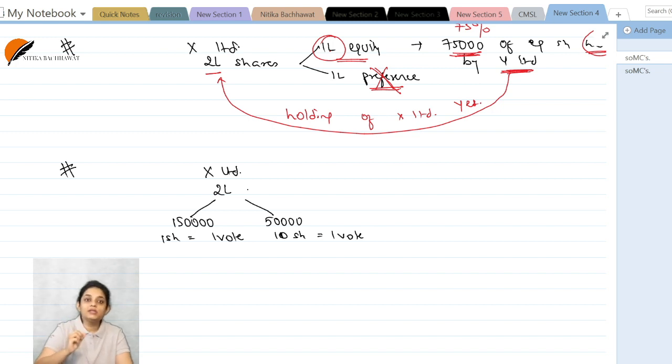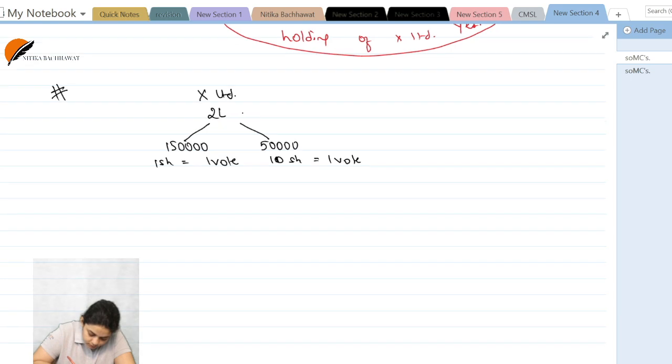But we have a concept of DVRs, differential voting rights, where the voting may not be the same. It could be one share, 10 votes. It could be 10 shares, one vote, whatever. I'm not going into the details of what is DVR now because when we come to the chapter on share capital and debentures, we have this topic there. I'm going to explain it to you. So this is known as DVR. So here, if you hold 10 shares, then you get 1 vote. That is how these shares are.